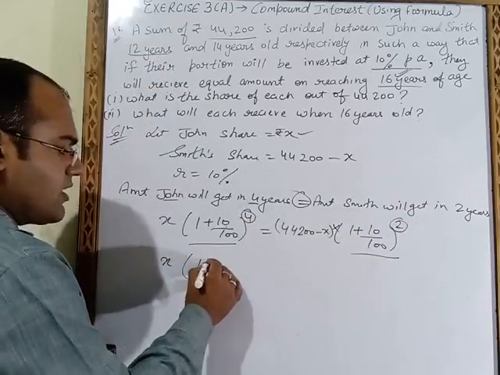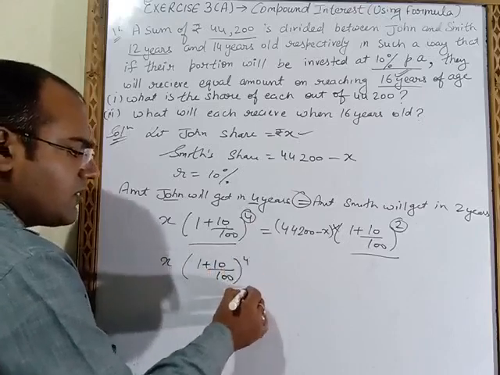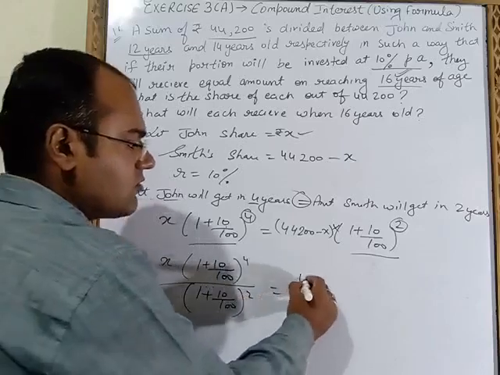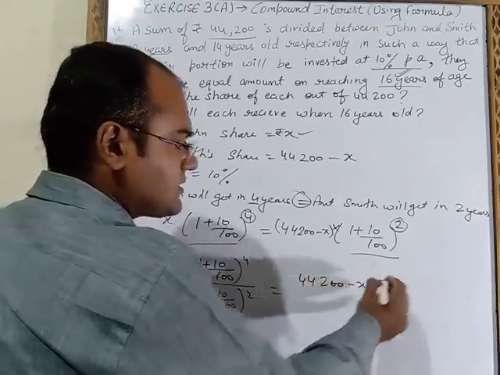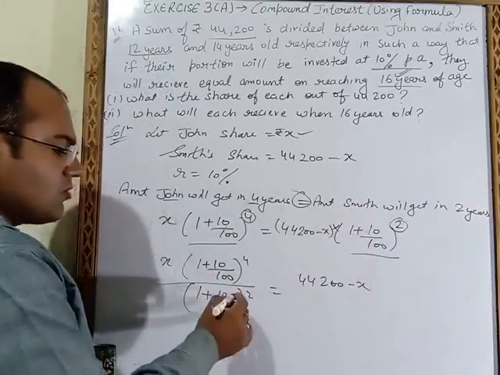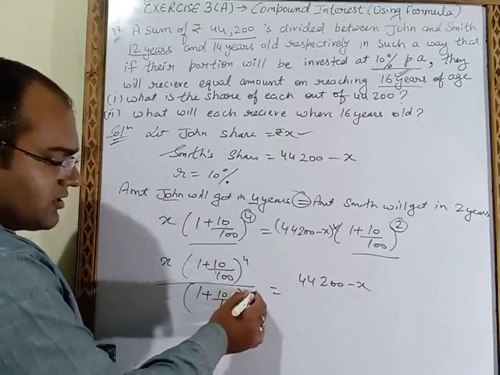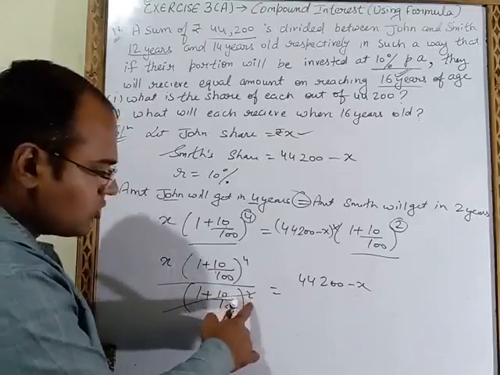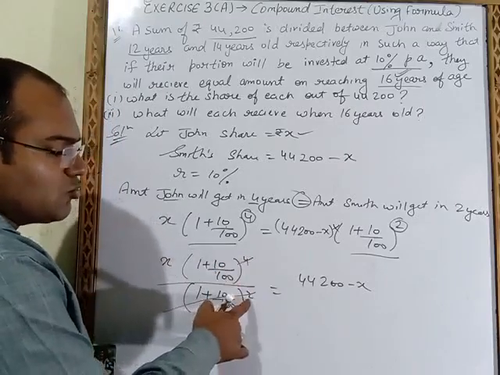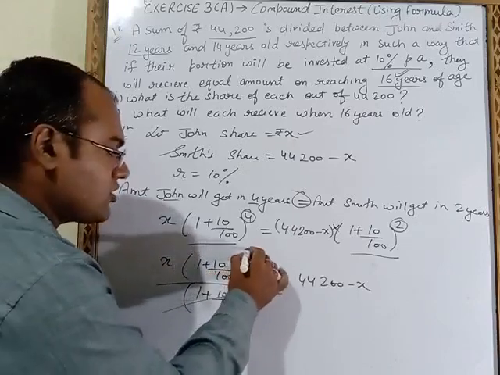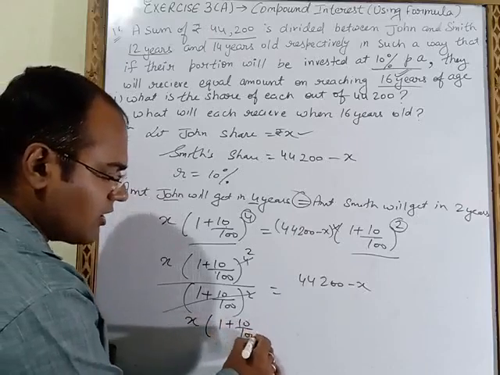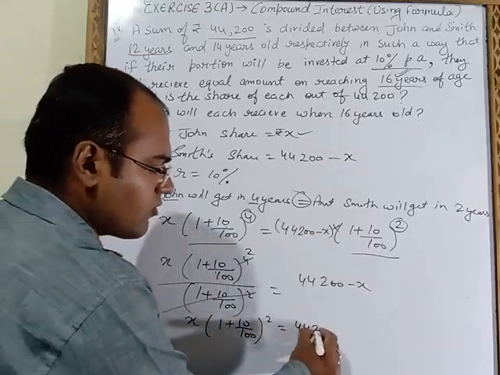So x bracket 1 plus 10 upon 100 power 4 divide 1 plus 10 upon 100 power 2 is equal to 44200 minus x will be as it is. So this number we had brought here in the divide. So both the brackets are same. This number is having power 2 and this number is having power 4. So this power will get cancelled. With the 2 power we will cancel this 4 power, so remaining will be 2. So that's why here we will write x bracket 1 plus 10 upon 100 power 2 is equal to 44200